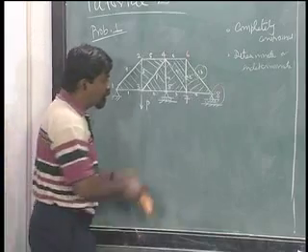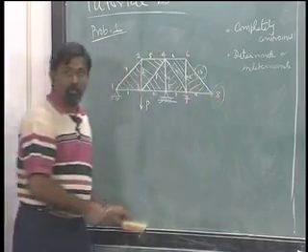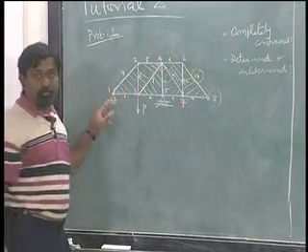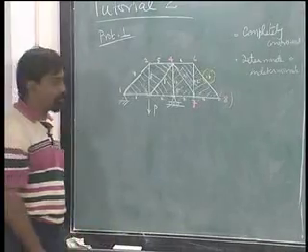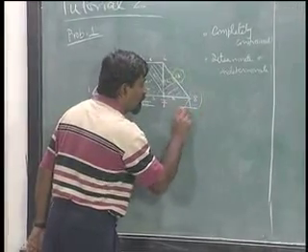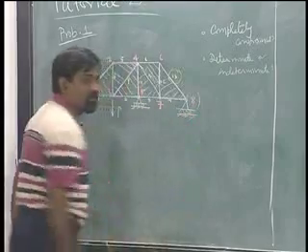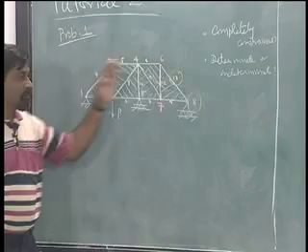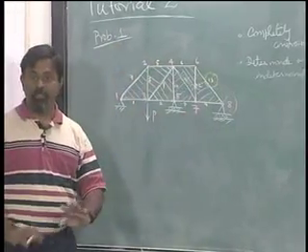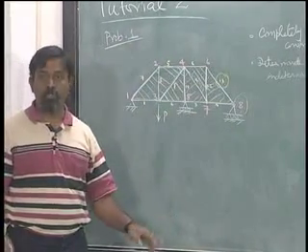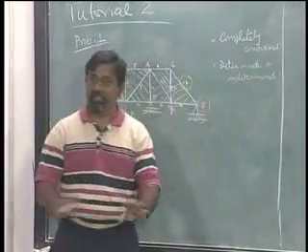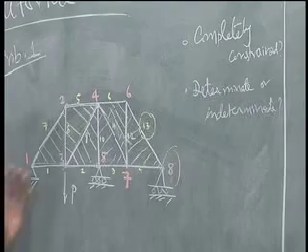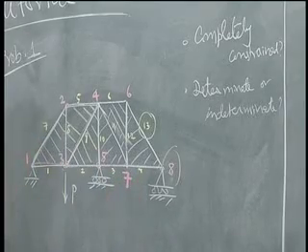Supposing I remove this, then mind you, it is possible for this entire rigid body to rotate, which means it has one single degree of freedom. If I need to arrest that, I will introduce this and it arrests even that single degree of freedom, or in other words, this is a body with no motion, which means it is completely constrained. So, the first question that is asked, we are able to answer appropriately.